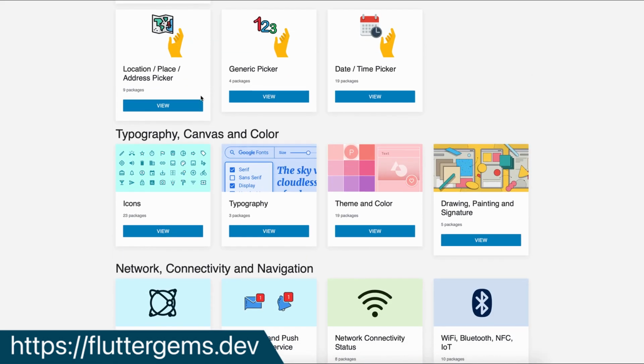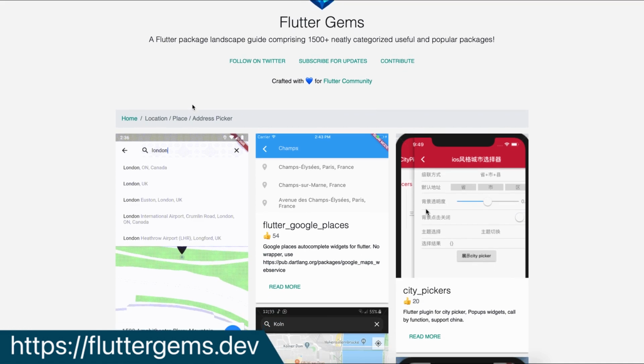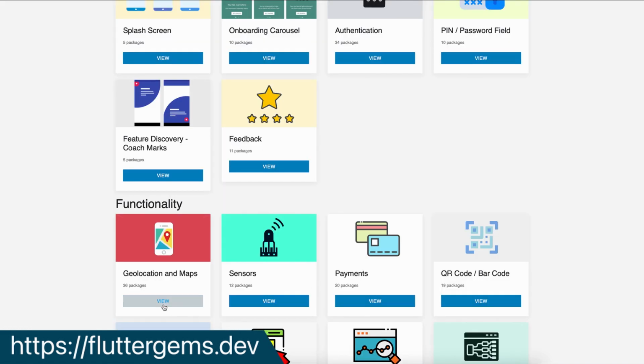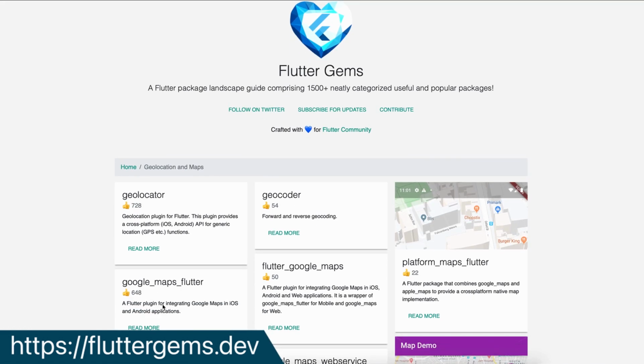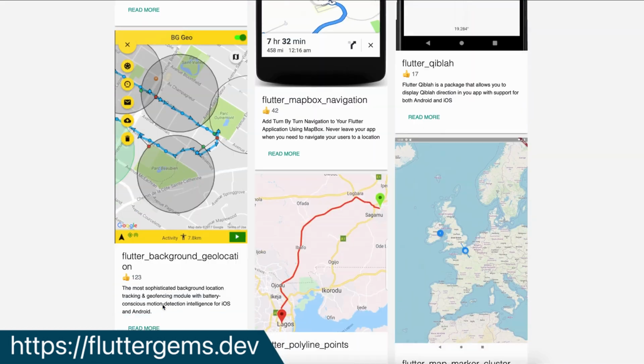These functionalities are already implemented by the awesome Flutter community members and you can visually and seamlessly locate them on Flutter Gems.